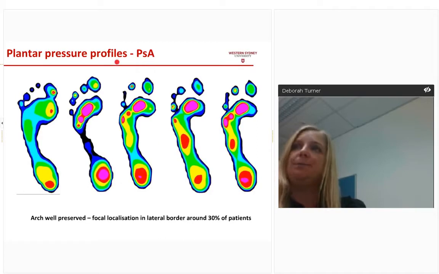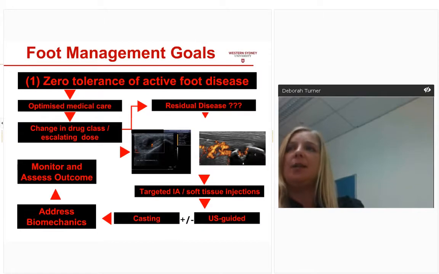So in terms of our management goals, we really need to be good at identifying these patients in clinical practice, with the mantra of zero tolerance of active foot disease and active inflammation. We need to be assessing these patients really well, using imaging where appropriate, with a view to identifying residual disease in the foot. Particularly in the UK, as part of allied health practice with podiatrists and physios, we would look to target sites of active inflammation with intra-articular or soft tissue steroid injections, and do this in combination with addressing abnormal